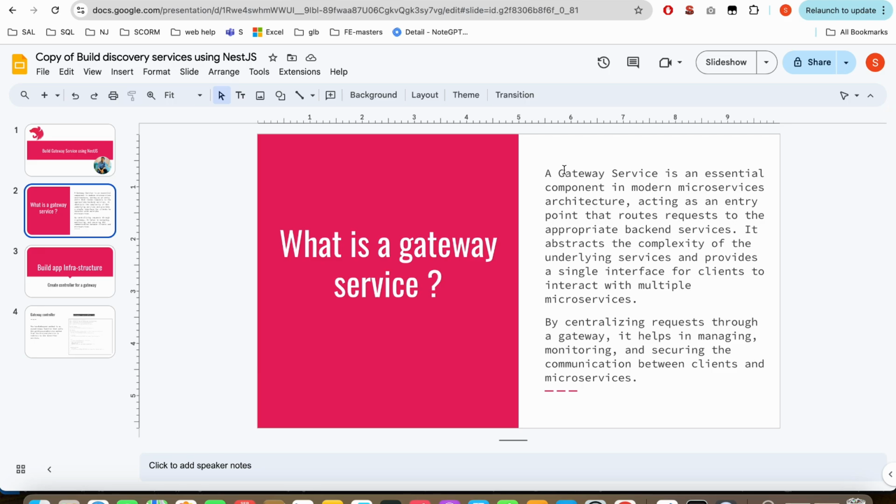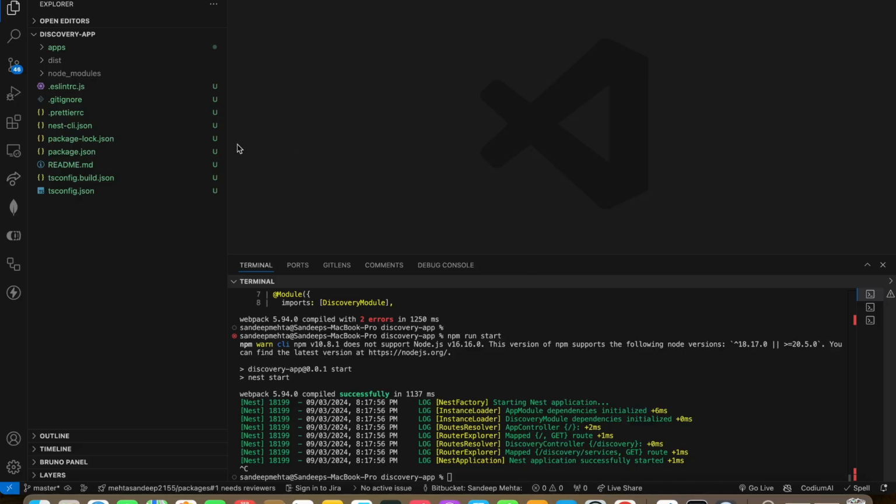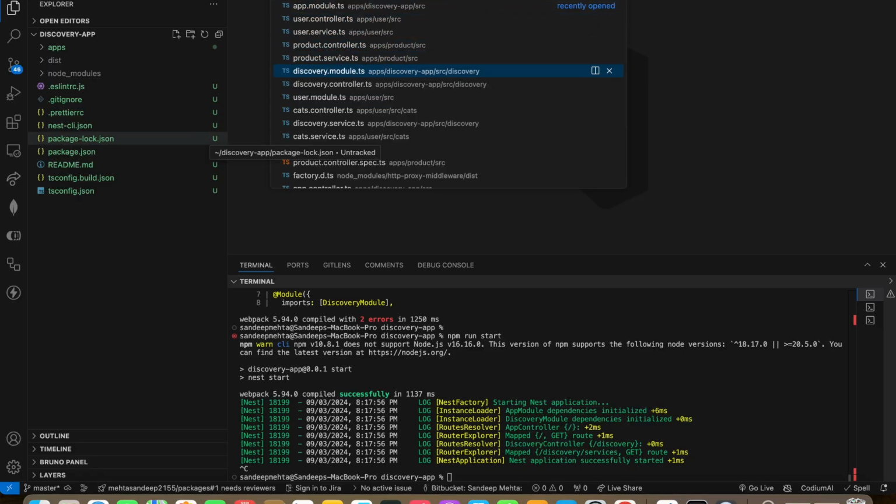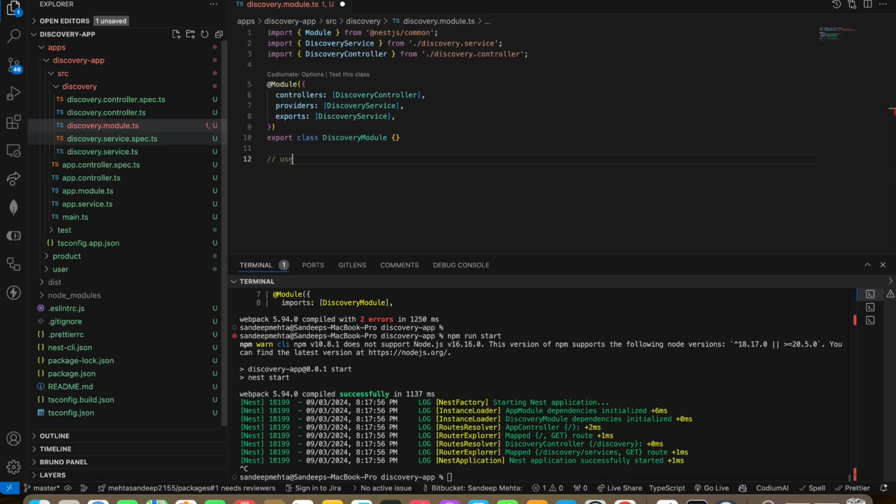What basically it does is, let's say, I'm going to the discovery module for explanation. Let's say we have our user service running on 3001 and our product service running on 3002. So this service won't be exposed directly to the client. By client, what I mean to say is our front end app is a client for our backend services. So in order to access the data from these endpoints, what we will do,